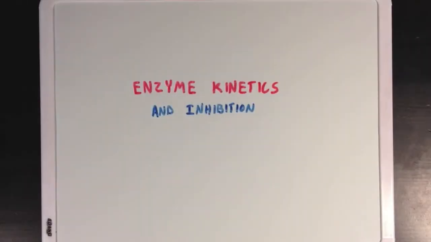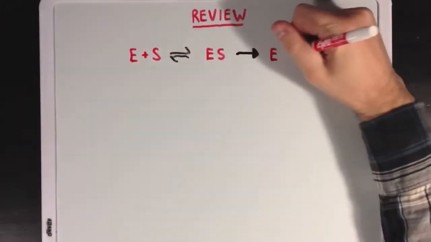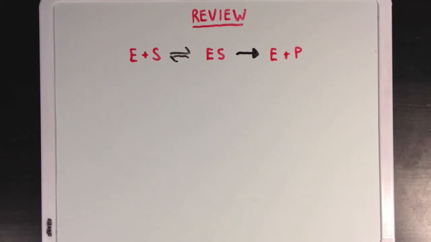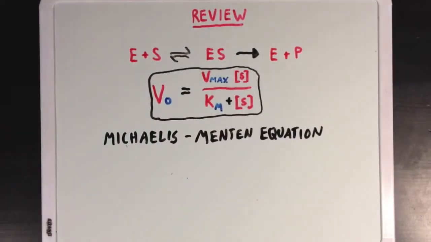So let's talk about inhibition and how that affects enzyme kinetics. But first, let's review the idea that enzyme catalysis can be divided into two steps. First, the binding of enzyme to substrate, and second, the conversion of substrate to product. And using this idea, you can derive the Michaelis-Menten equation, which is useful for quantitatively looking at how enzymes behave